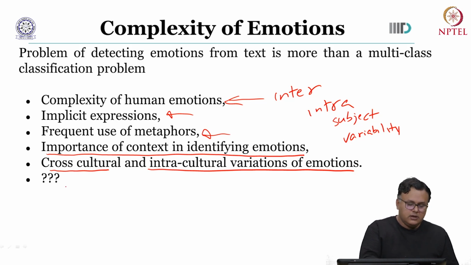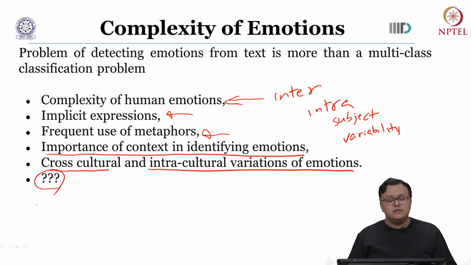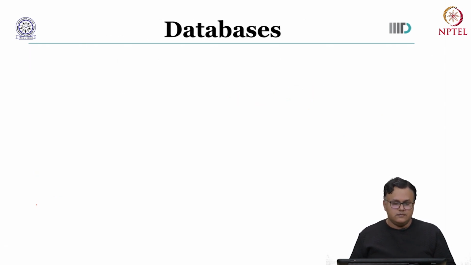And then, of course, there are a lot more challenges, right? When you're talking about text, the moment you go to different languages, their emotion will be represented differently, metaphors would be different, phrases would be different. Then the systems would need to adapt to these different language and cultural scenarios. So there are a large number of challenges when we are looking at the text-based emotion analysis.